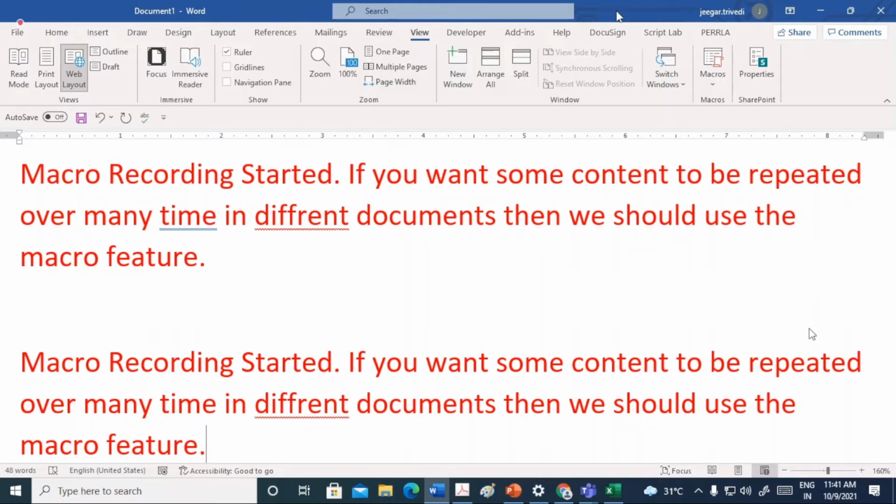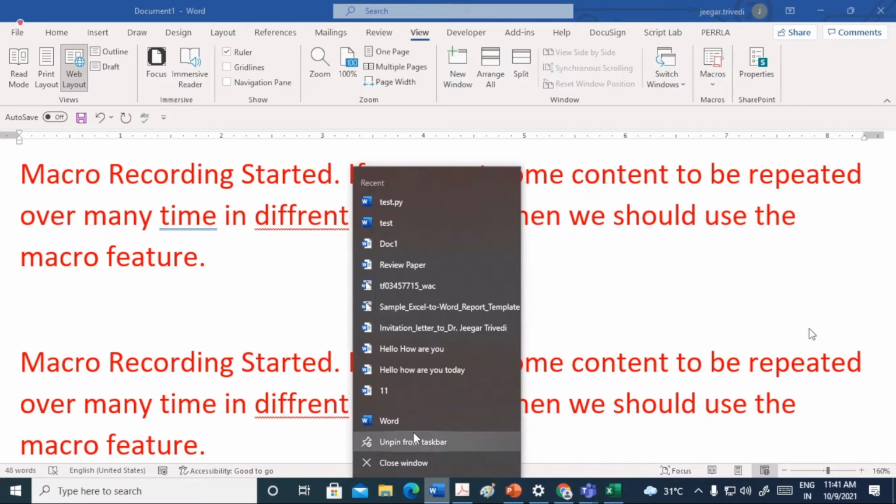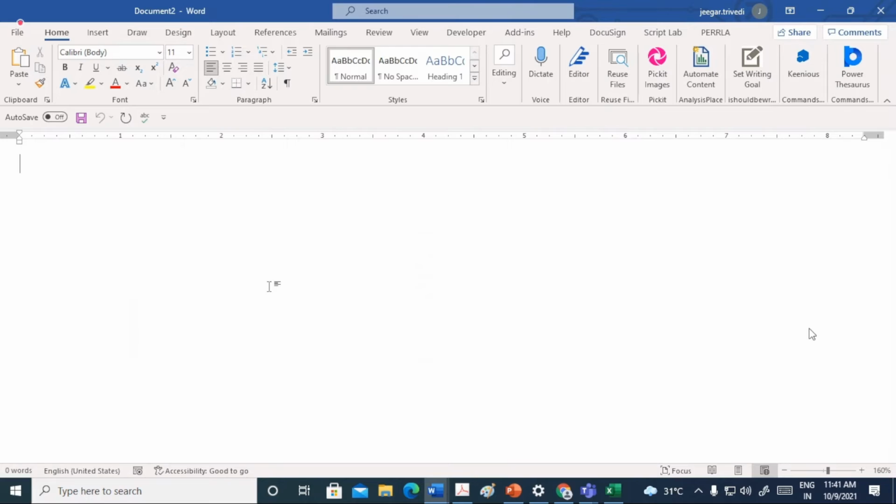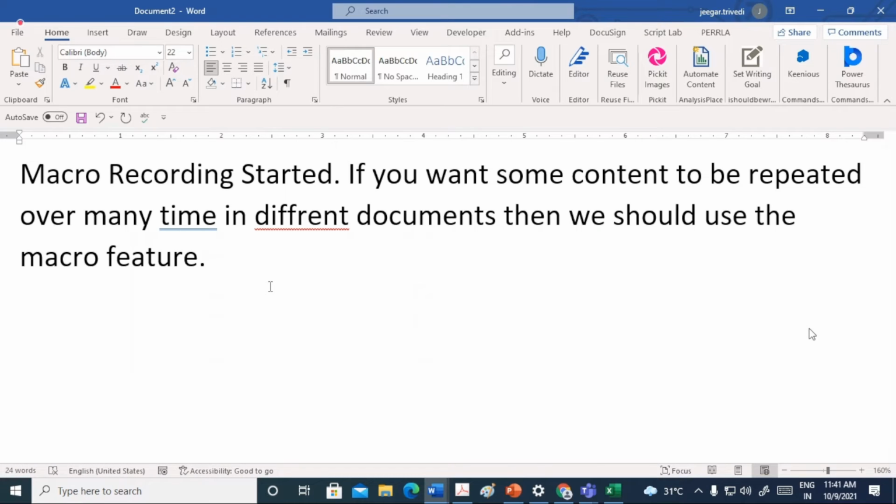Not only in this document, if I open another document and press Alt 7, it will come, but it will not be formatted, but still basic text will be there. Formatting will be removed, but basic text will be available to me, right?